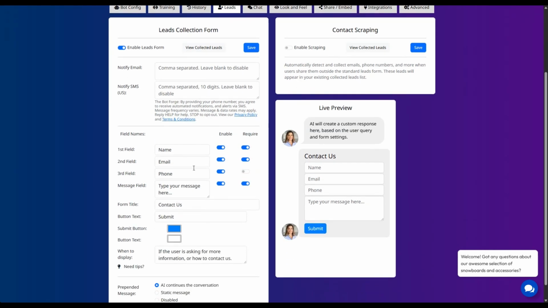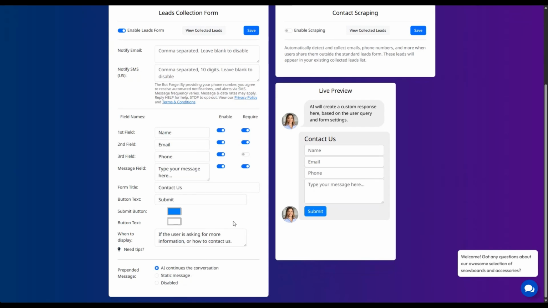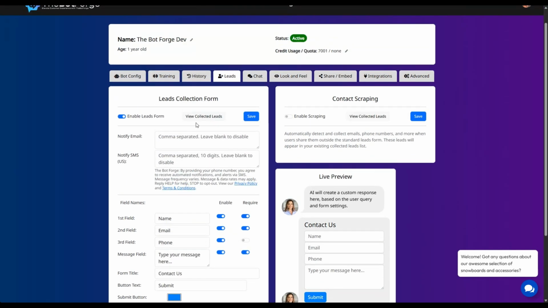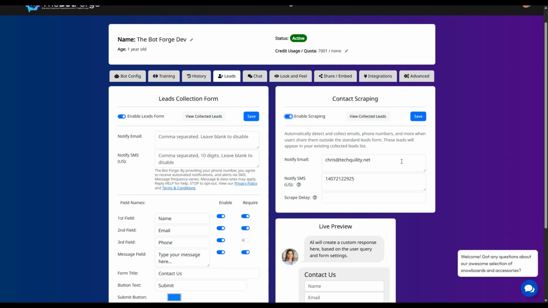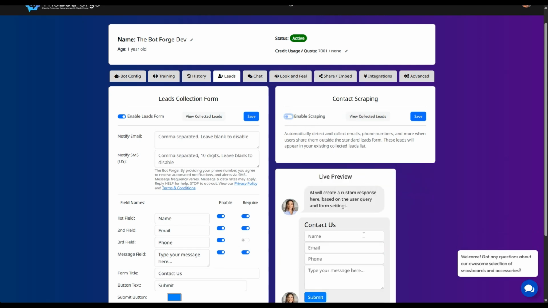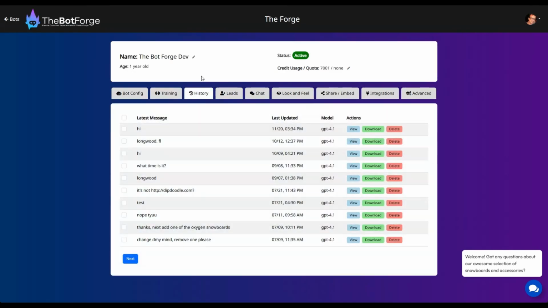You can fully customize the form fields, choose which are required, and decide when the bot should display the form. On the right side, you also have contact scraping, which lets the bot automatically detect emails and phone numbers typed during normal chat conversations. The History tab shows every conversation your bot has had, including the user messages, the bot's